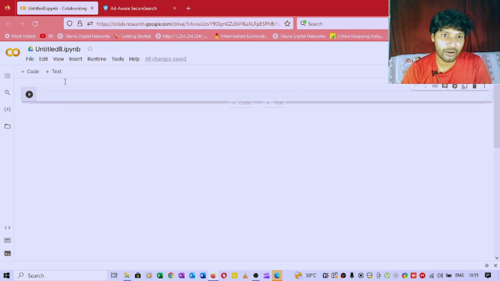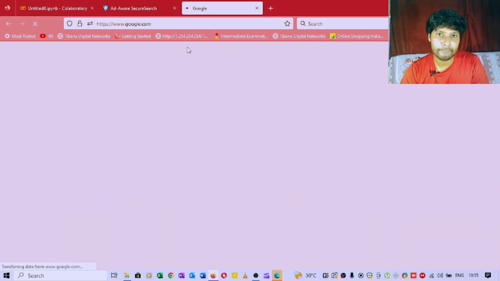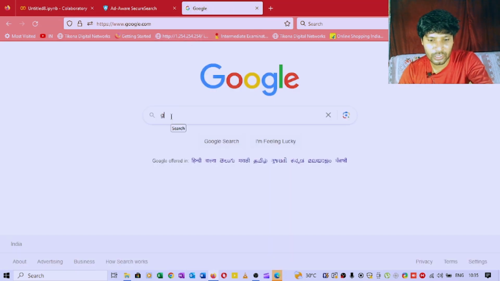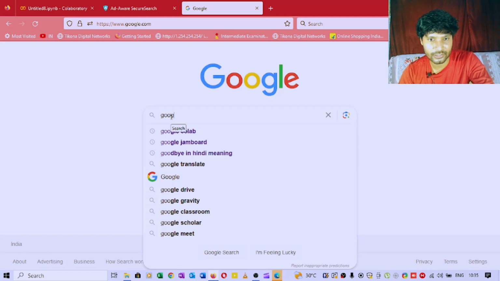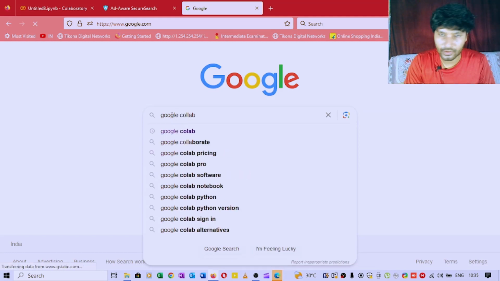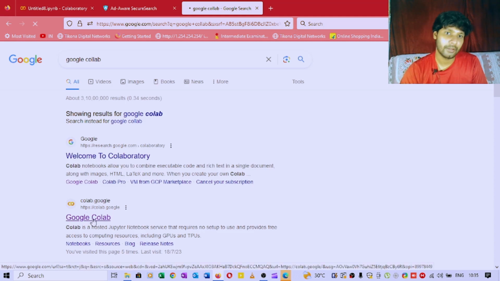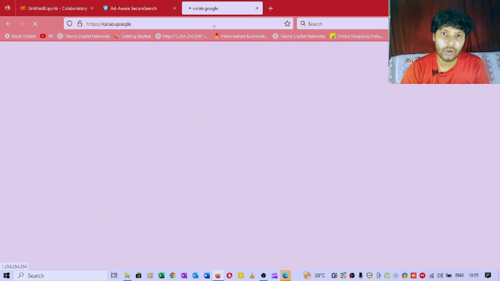So this is how our Google Colab file looks like. I'll show you guys how to open Google Colab. Just go to Google and type Google Colab. It takes some time, Google Colab is sometimes slow. You can type Google Colab and search on Google. You will get this link, colab.google. Just click on that, and then after clicking on that